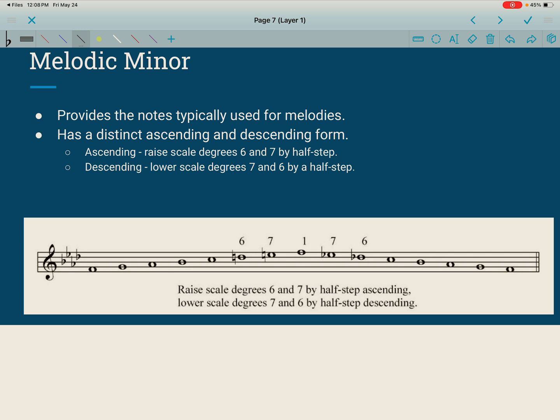One way to make this look a little less scary for you to remember is if you're looking over here, this is just a natural minor scale going down. So if I were to play this,